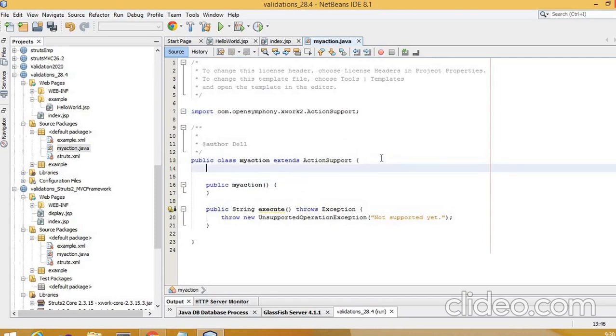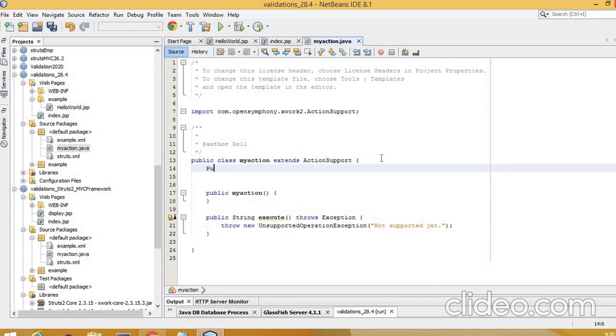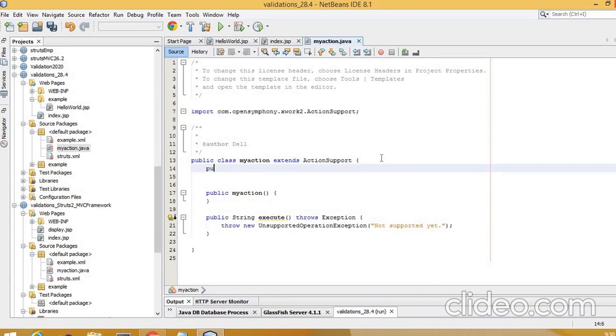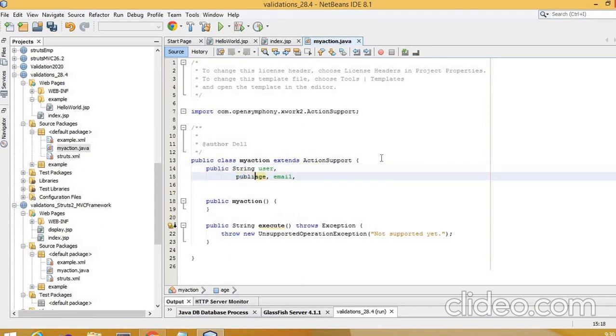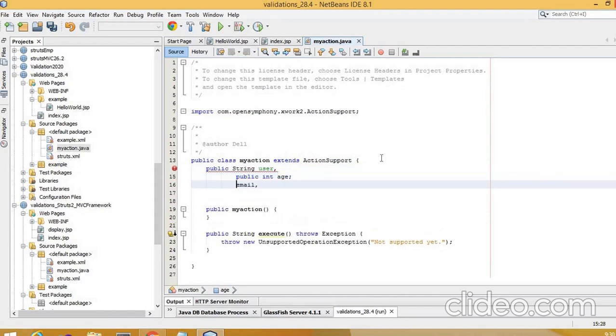So I'll just give here the variables which we have taken. So we have taken public string user, age, email. So here we can see public int age, okay, then public string email,